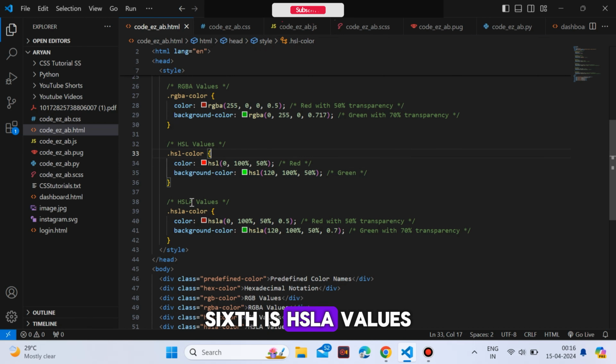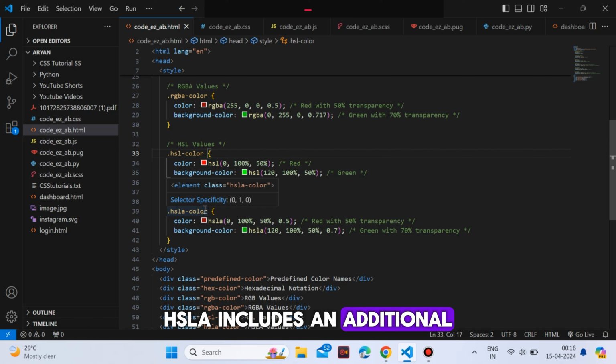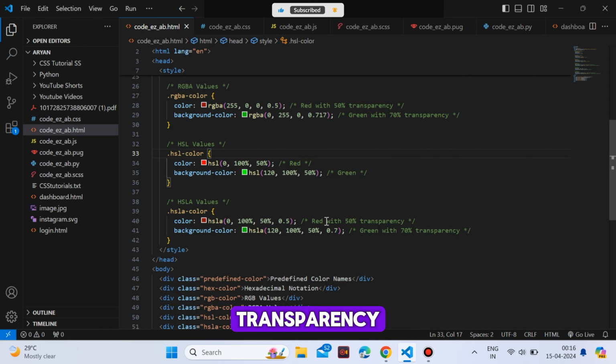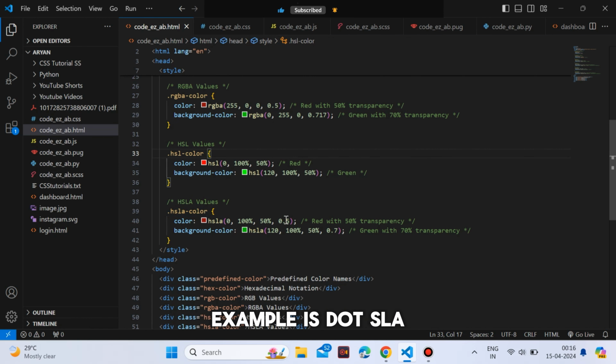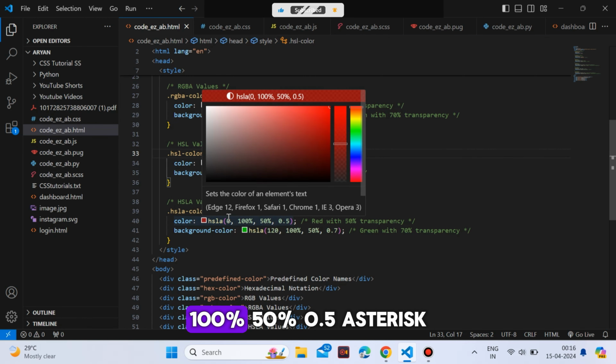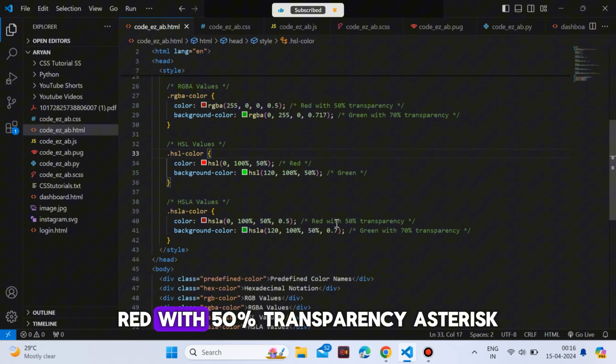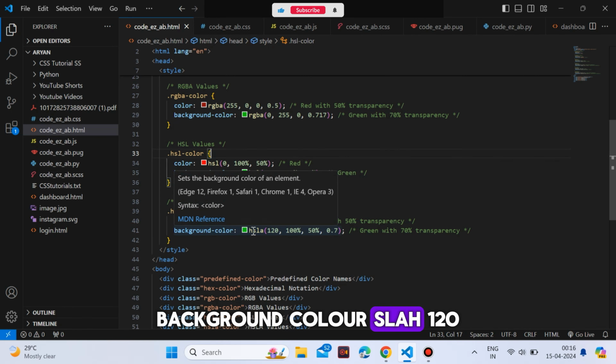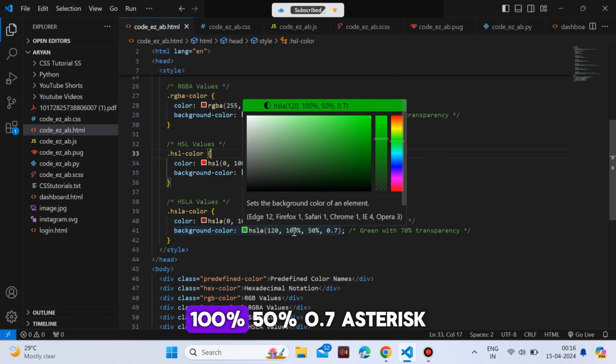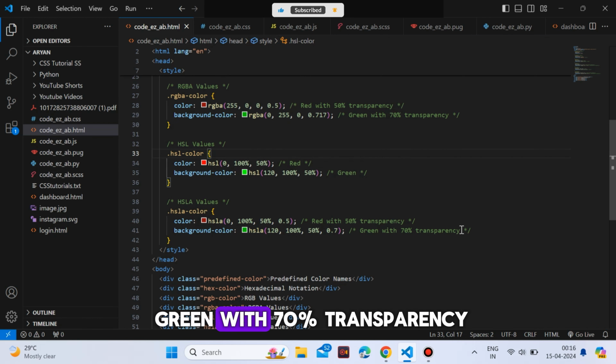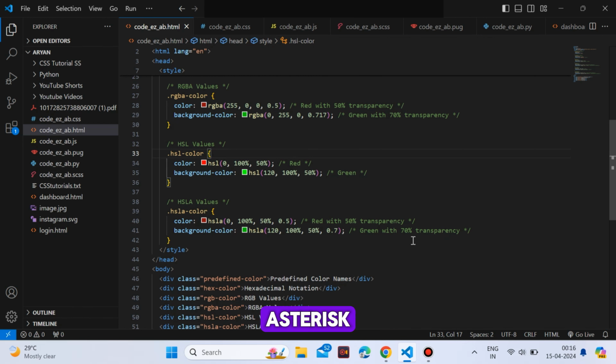Sixth is HSLA values. Similar to HSL, HSLA includes an additional parameter for alpha, transparency. Example: .hsla-color { color: hsla(0, 100%, 50%, 0.5); /* red with 50% transparency */ background-color: hsla(120, 100%, 50%, 0.7); /* green with 70% transparency */ }